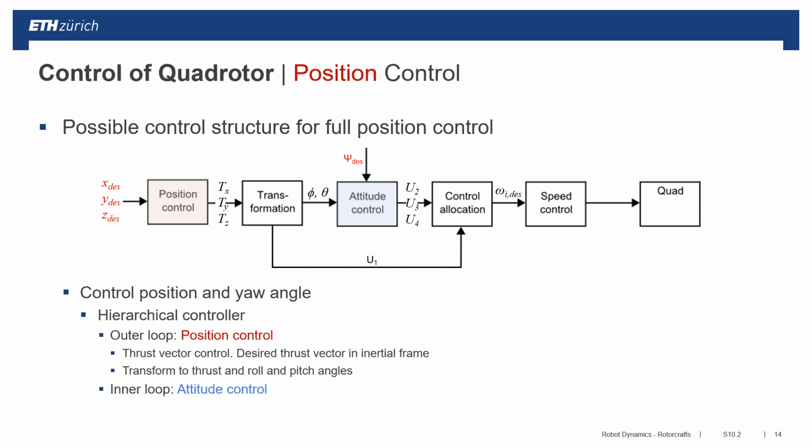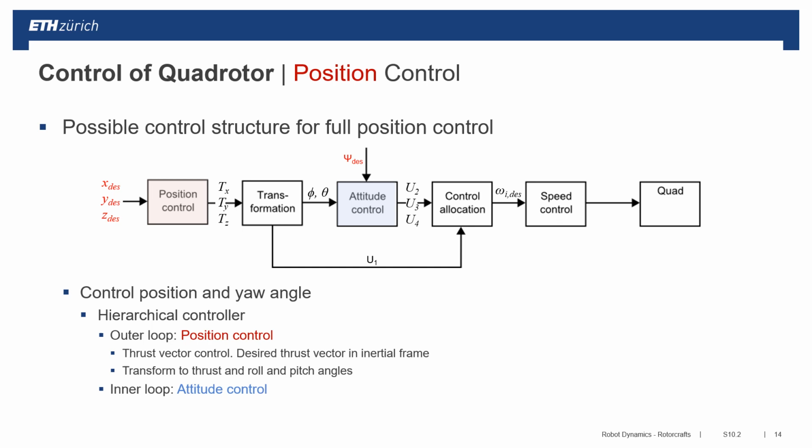Finally, we have here an overall controller for our quadrotor. It consists of a position controller and an attitude controller. It is a hierarchical controller. The outer loop is the position control, and the inner loop is the attitude control. So the desired position in X, Y, and Z is given to the position controller. This position controller, with 3 individual PD controllers, calculates the thrust forces in the Earth coordinate system in X, Y,